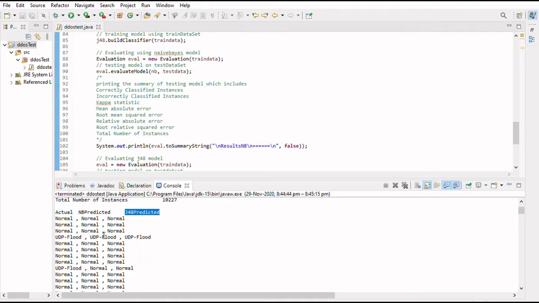Let's look at some of the outputs. The first output is actually a normal packet. The NB model predicted it as a normal packet. J48 also predicted it as a normal packet.